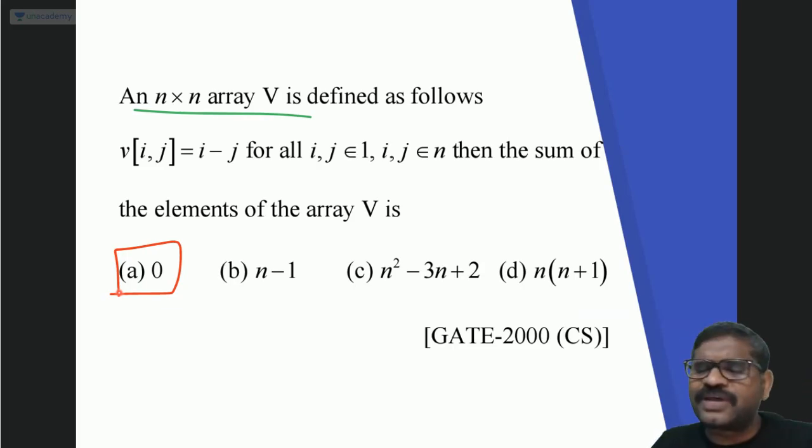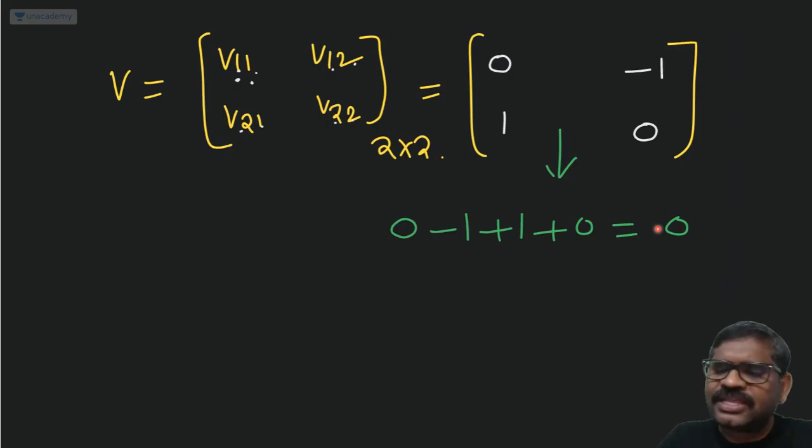Sum of the elements of the matrix. Yes, it is Q symmetric. That's why the sum of all the elements is 0. Okay. Now,